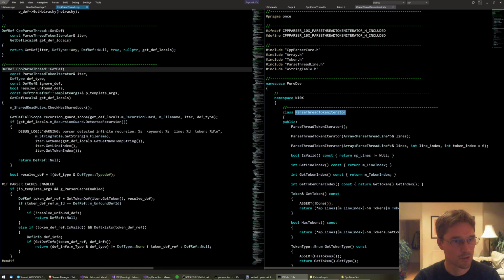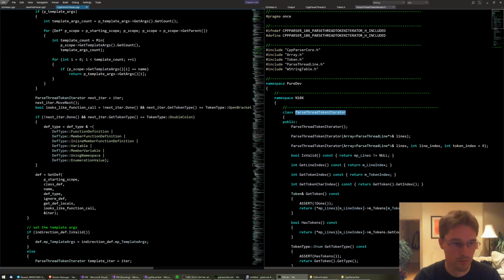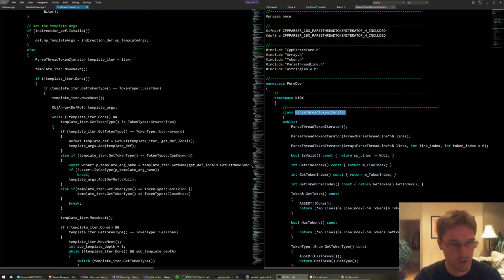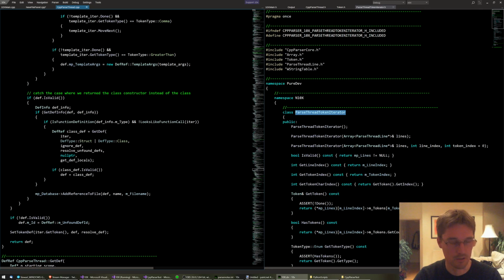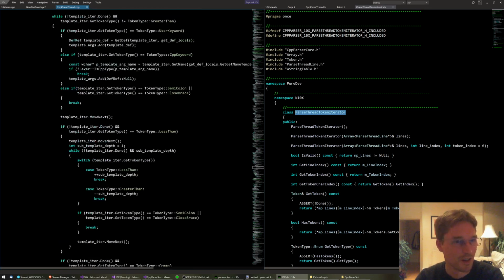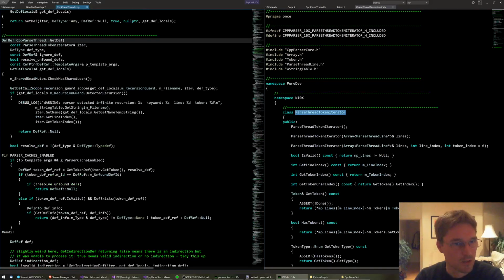And this is the monstrous get-def function, which is highly recursive. I don't usually like recursion. I try and avoid it wherever possible. But in a parser, it would be impossible to avoid recursion. So rather than just randomly scrolling through, let's try and find something that's interesting to talk about. Recursion guard scope. Yeah, this is